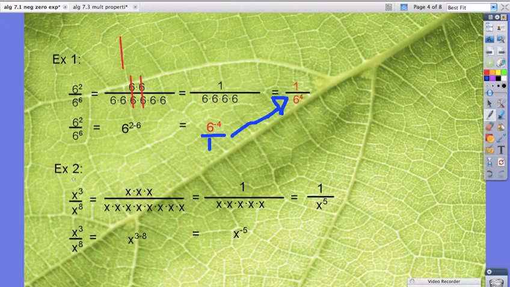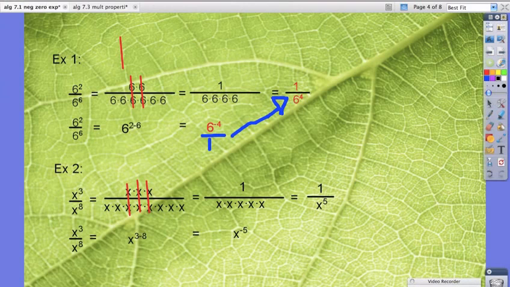So example 2, x to the 3rd power divided by x to the 8th power is x times x times x divided by x times x 8 times. Now what will happen here is, again, we can simplify doing this the longer way, and we would get that all of the x's on the numerator would get canceled out, leaving us with 1 divided by x to the 5th power, or doing it the faster way, the top minus the bottom exponent, so x to the 3rd minus 8th power